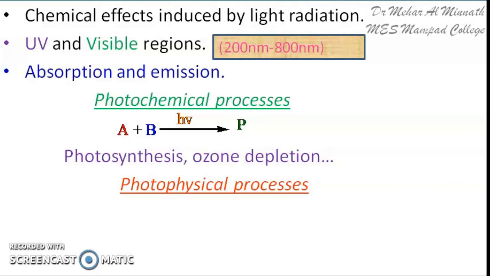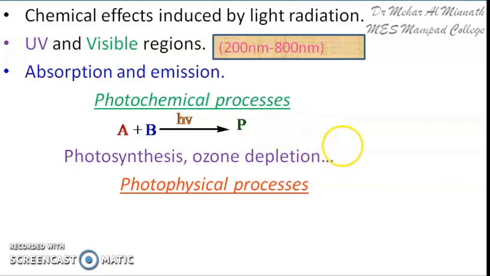And photosynthesis, carbohydrates are synthesized by plants using carbon dioxide and water in the presence of light. Light is important there. If light is absent, that reaction will not happen. So when there is a chemical change happening in the presence of light, we call it a photochemical